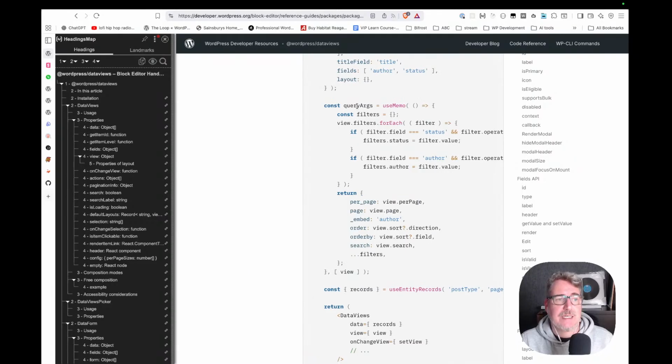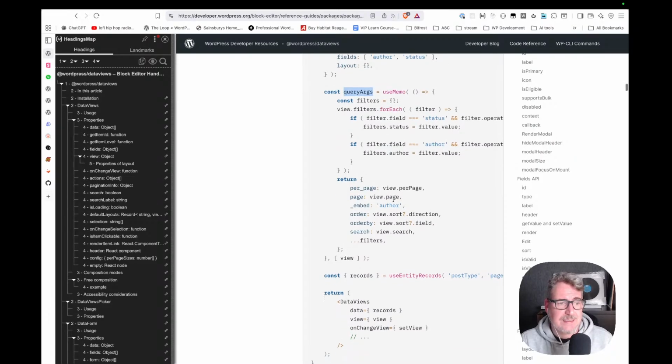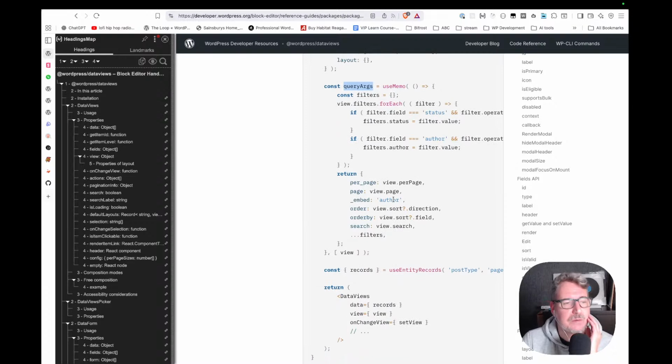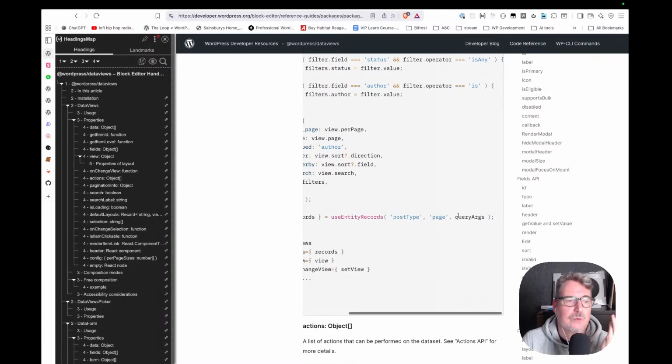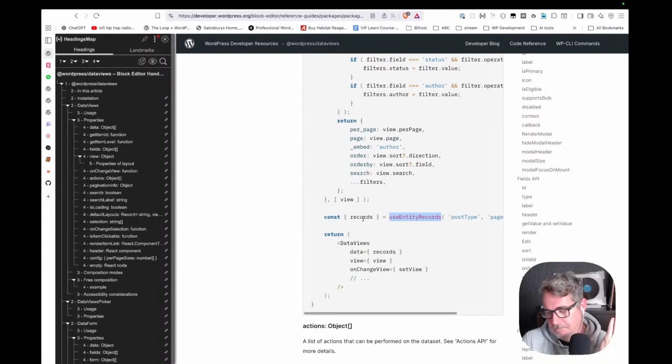And I'm generating a new query args, this is really cool. So it generates a new query args, and this updated query args is the one we use to do the REST API request via the data